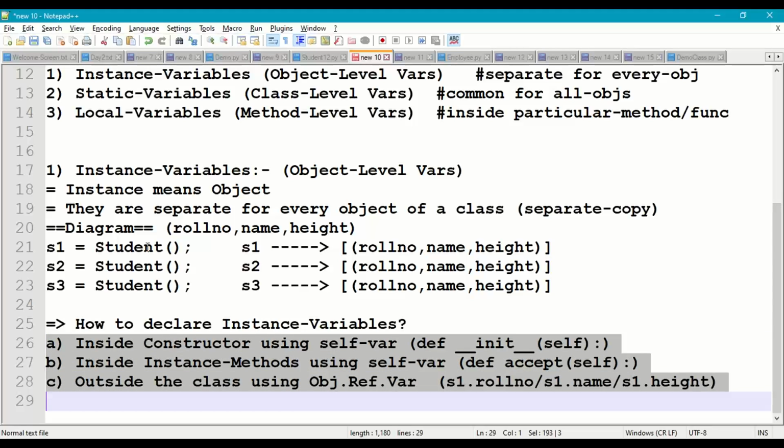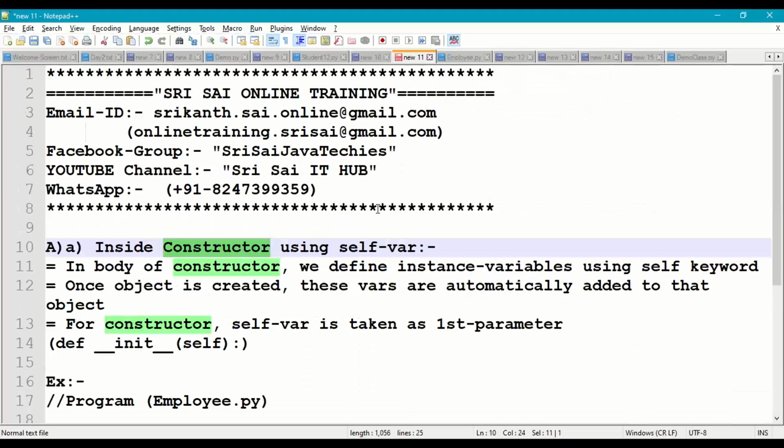Okay, so we can declare instance variables in three ways now. One, inside a constructor using self. Two, inside a method using self. Three, outside a class using object. Okay, right. So for example, we'll see all three cases in three different